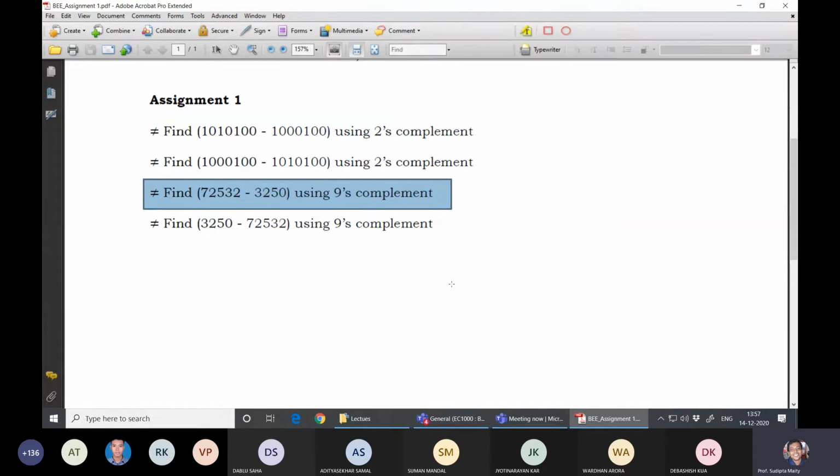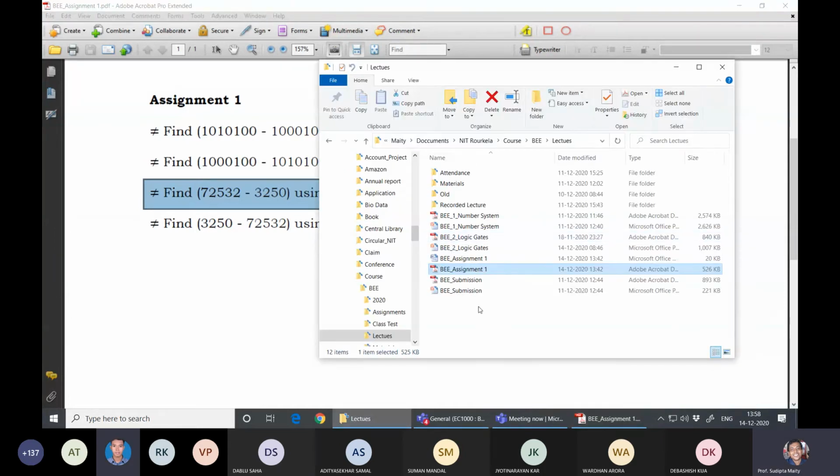It makes the proof. Suppose some student has submitted the file within the deadline, but due to some fault of ours, we are human beings, we can also make mistakes. Suppose we didn't consider his or her name. So he can give the screenshot of the email: sir, I have submitted the assignment within the deadline. Then I will reconsider his file. So there should not be any ambiguity if he or she is giving the email. So I will create one email ID because my email will be full otherwise.